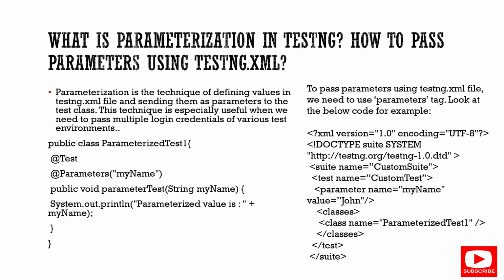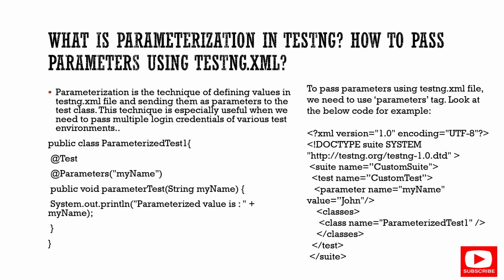alternate way also using data files like Excel, CSV, property files. But in some frameworks, they use this parameter annotation, and they pass different usernames to iterate different kinds of scenarios. So invalid, valid scenarios, or we can say cross browser testing.